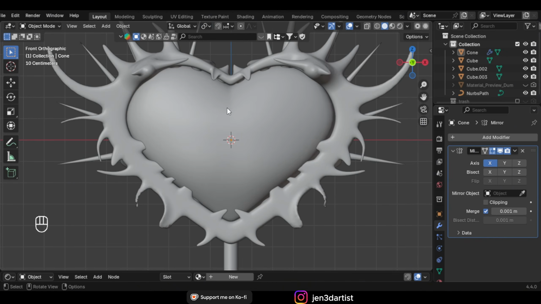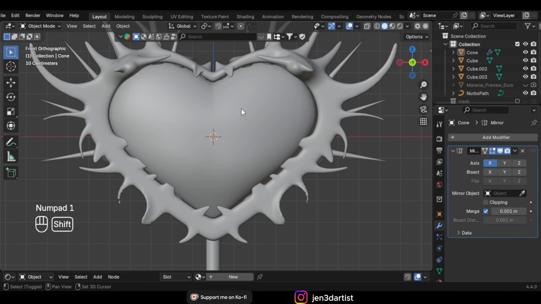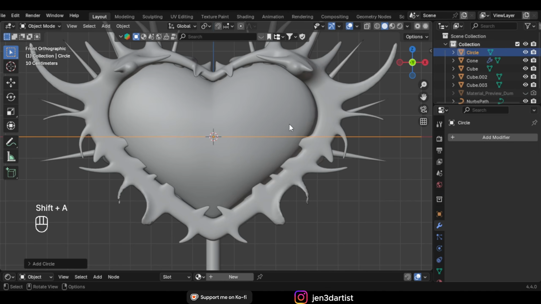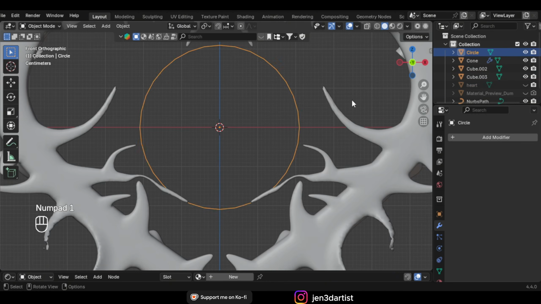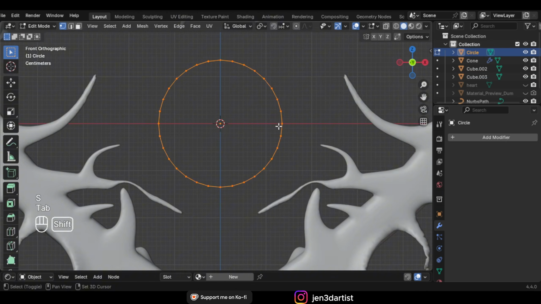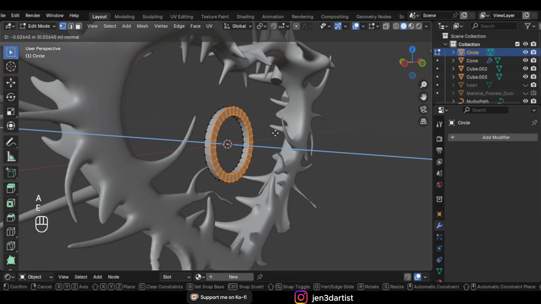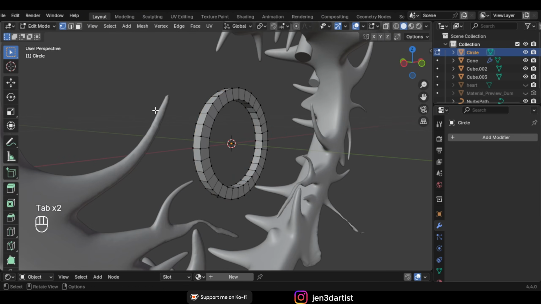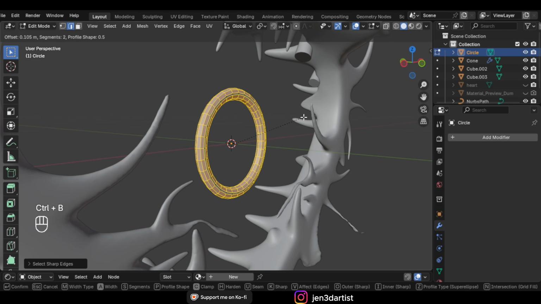And next we can also make like a shape inside, so whatever you like. You can just choose any shape. So what I like to choose is a circle and make it smaller, so we can just hide this cube. Let's name it heart and hide it. And now we can just make any shape that we like, so E and S, and select everything and give it some thickness. And we can select these edges, so select and sharp edges and Ctrl B to bevel, so